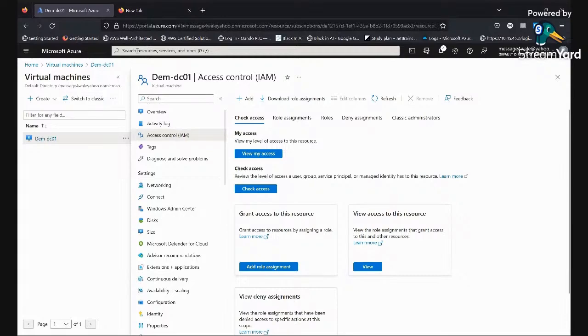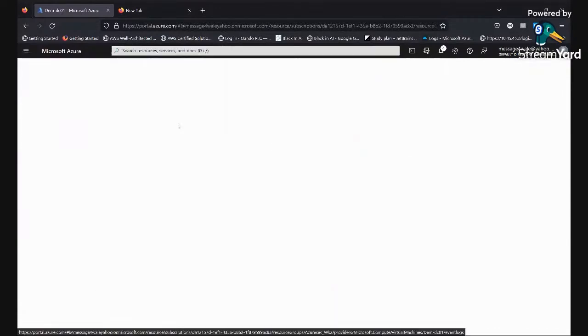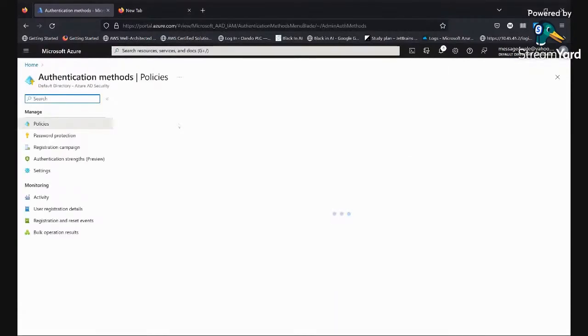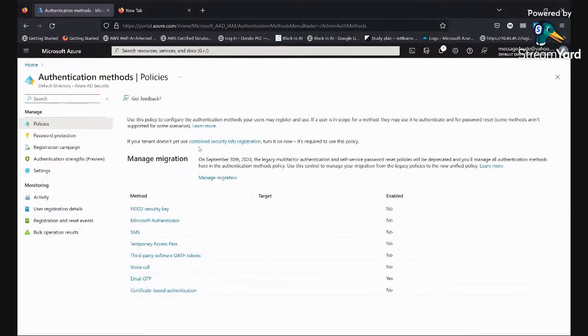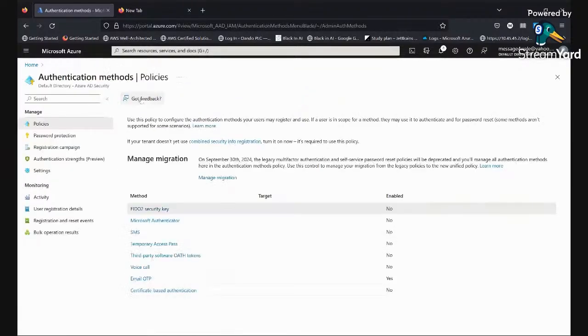So now from this my Azure tenant, if I go to authentication methods, Azure AD authentication methods, here I can see the different authentication methods. The FIDO security key is a USB-based or hardware-based security authentication method. One of the use cases is where you have shared devices that you're unable to use Windows Hello on. All the user needs to do is come with their FIDO key, slot it into the USB, and they get